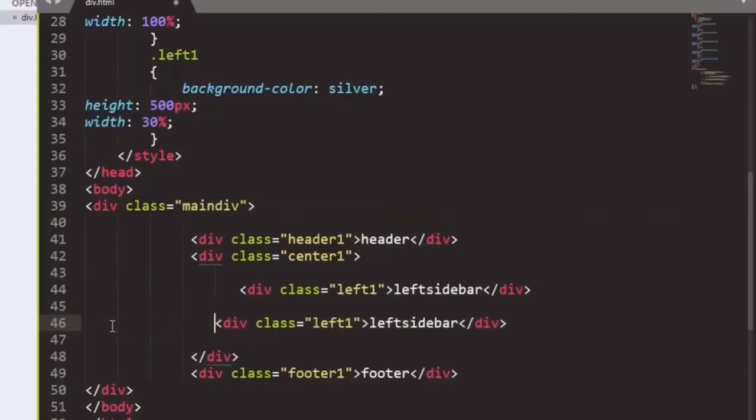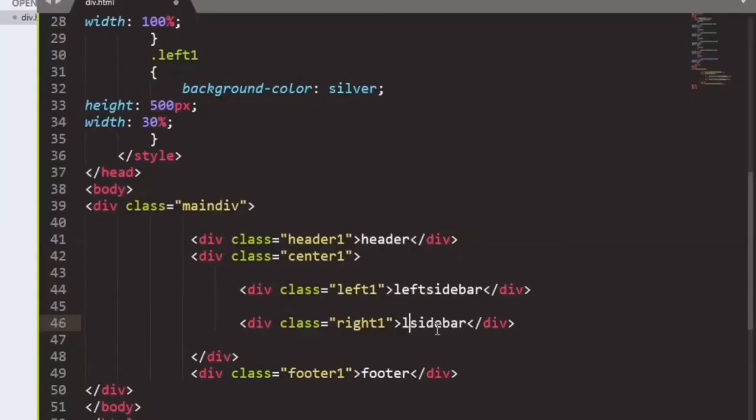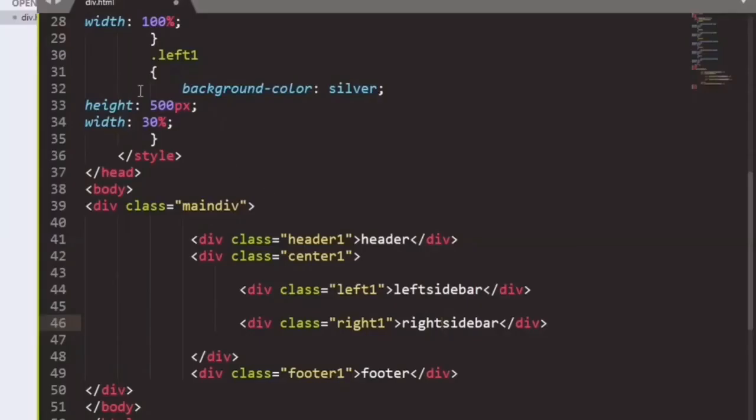Suppose I am creating another div. So I am creating right 1, that is right sidebar, and now I will call my value of class again.